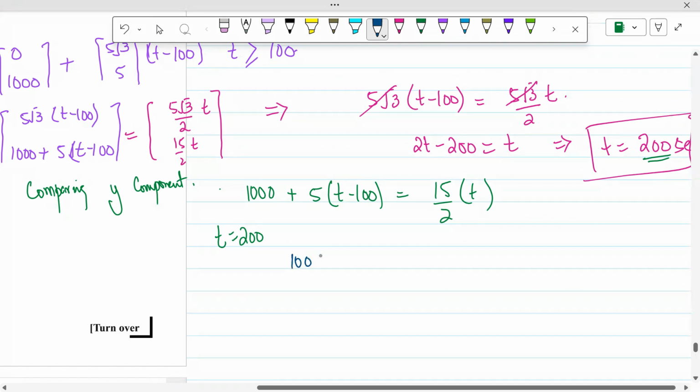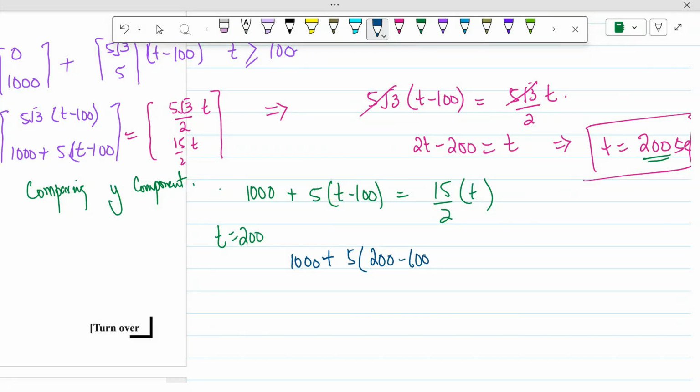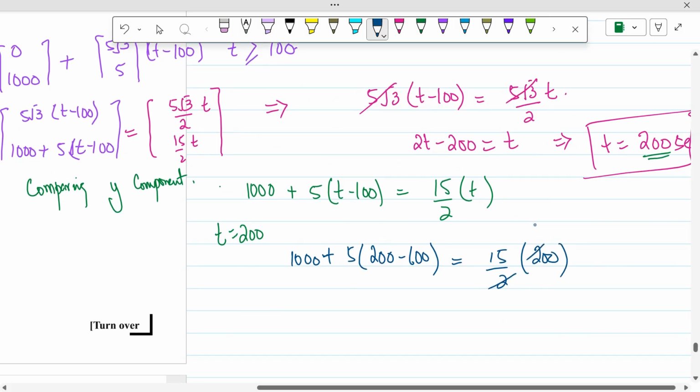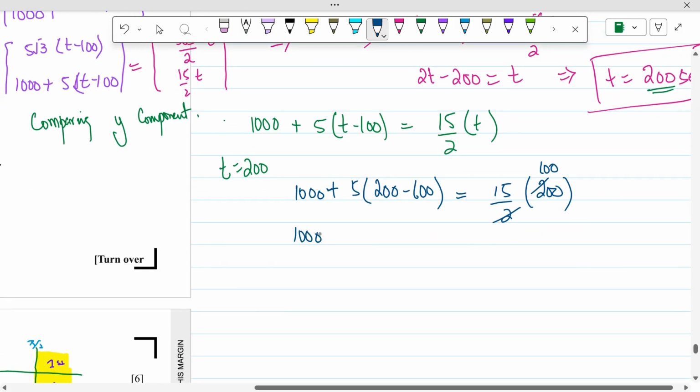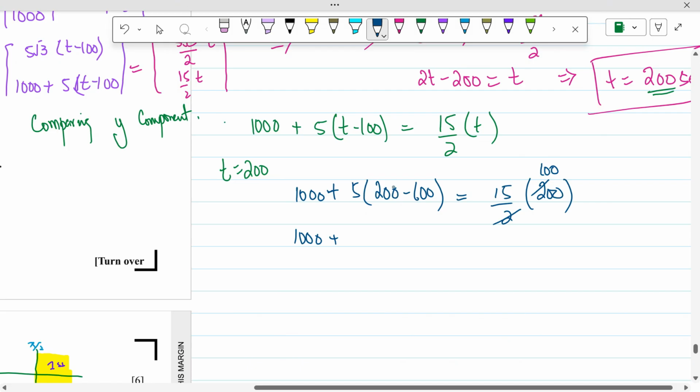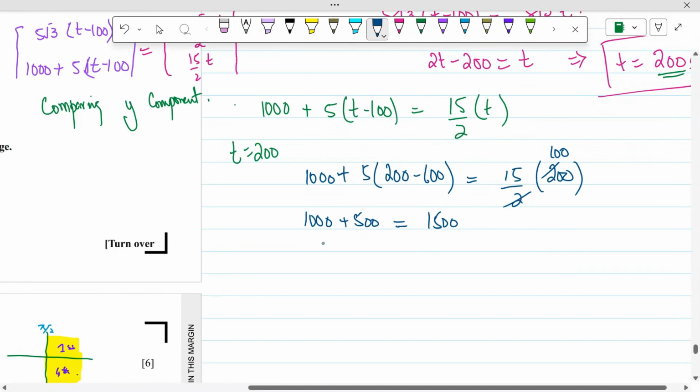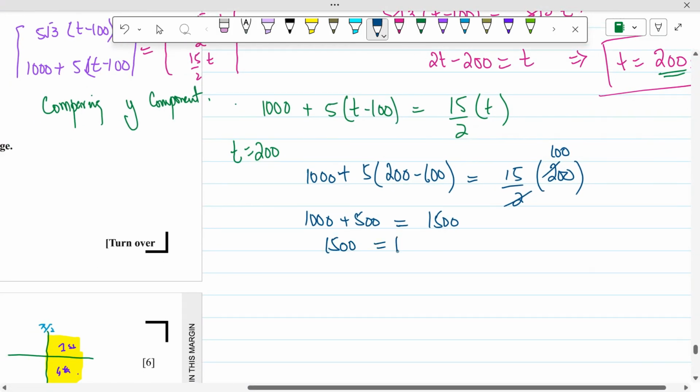Plugging in t equals 200, we have 1000 plus 5 times (200 − 100), which is 100 times 5, so it will be 500, giving 1500. The right side, 15/2 times 200, equals 1500. So 1500 equals 1500, which shows that at t equals 200